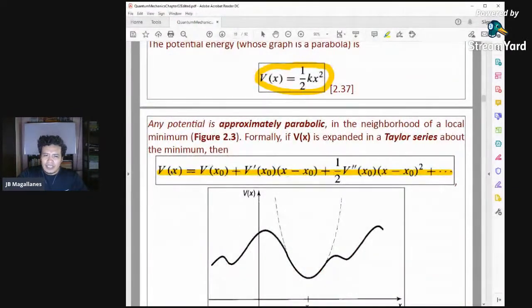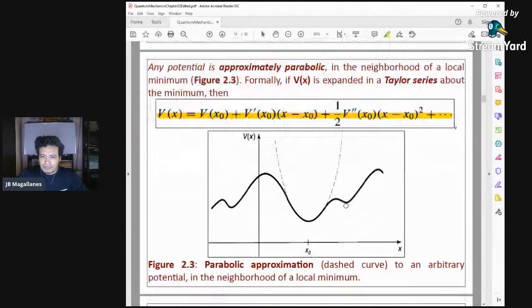So if you expand this potential by Taylor series about the minimum point, you get V of x of o plus V prime, the first derivative of V with respect to x, evaluated at x of o, times x minus x of o, plus 1/2 V double prime at x of o times x minus x of o squared. Here, since we're only looking at very small vibrations,